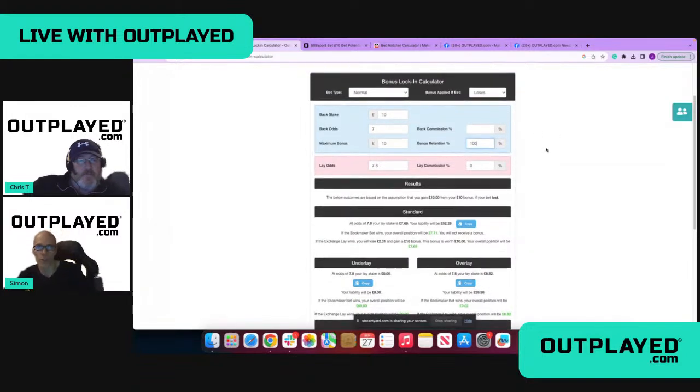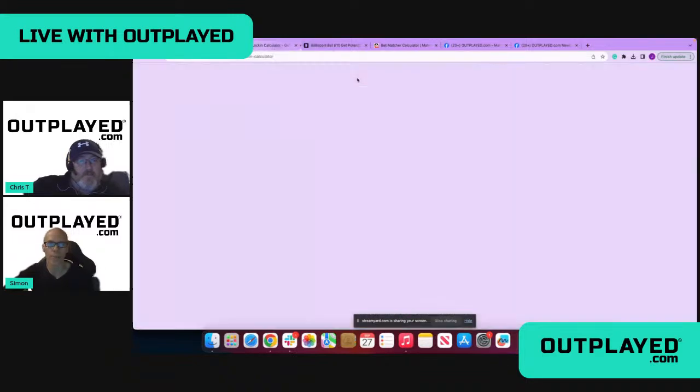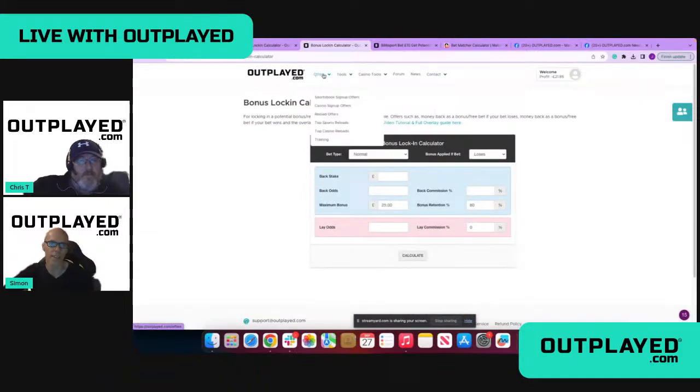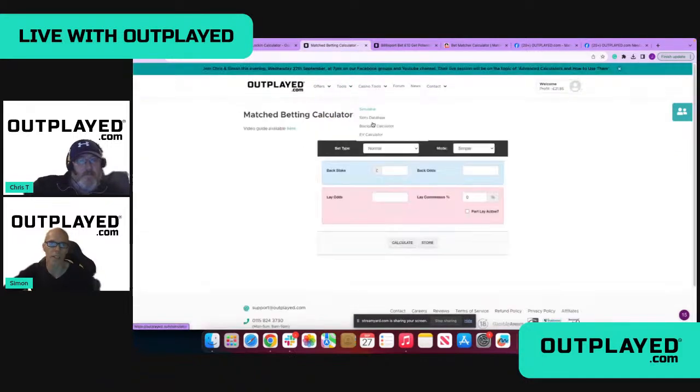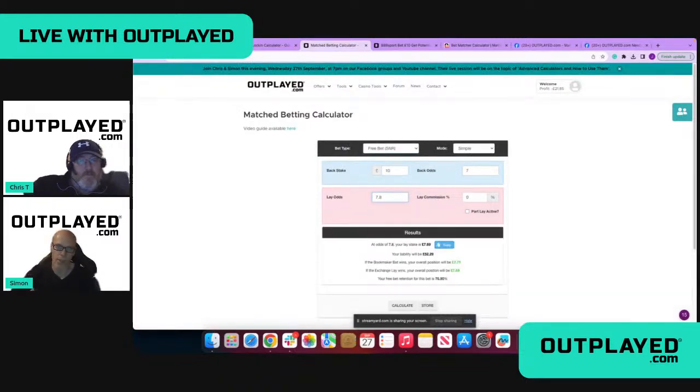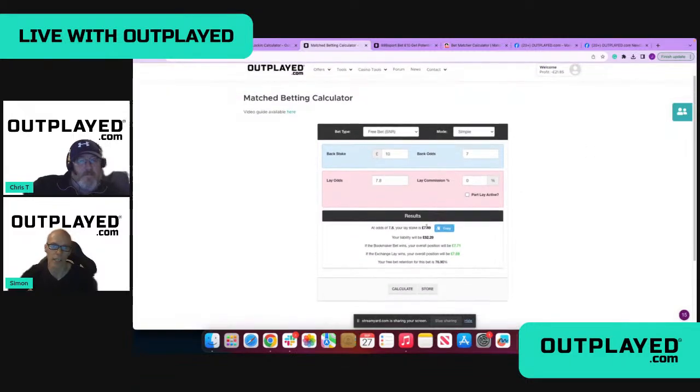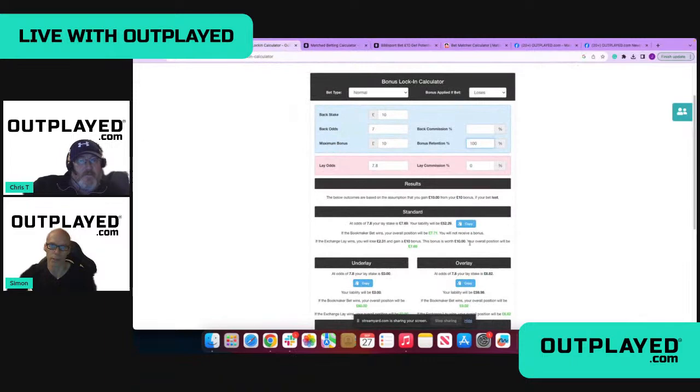Now, what we'll often do with offers like that, so bet £10, get £10 full refund in cash if the bet loses, what we'll often say is use the standard calculator in free bet mode. A little bit confusing, but I will show you what I mean by this. So just to bring the standard calculator up, I use the same free bet mode. So £10, back odds 7, lay odds 7.8. If you have a look at the lay stake, 769,